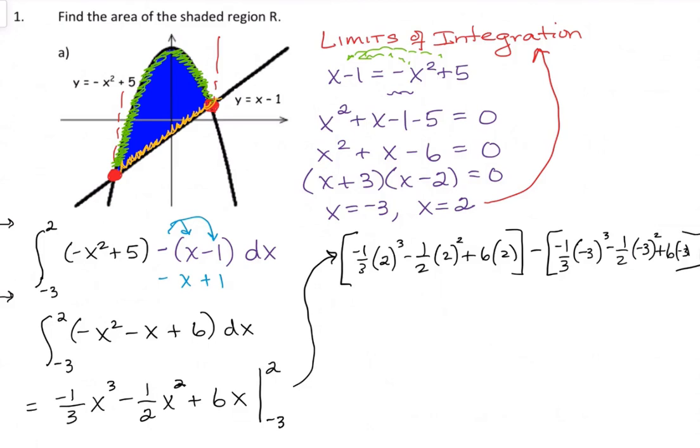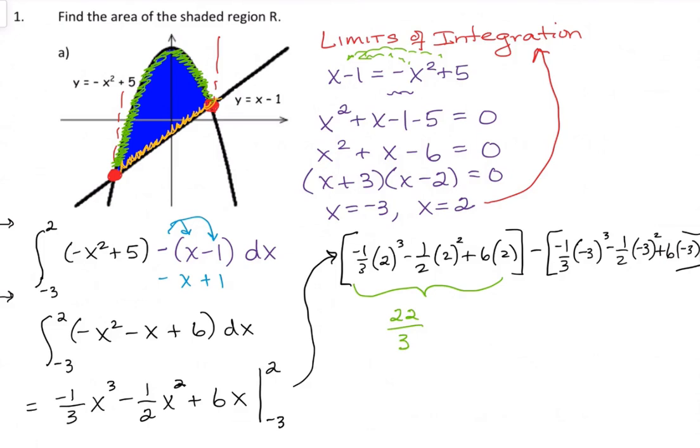And I'm running out of room. So now I want to do that evaluation. So that last term there looks a little ugly. Let me fix that a little bit so it's readable. So that should be a -3. Okay, so in the first set of brackets, I want to do all of this arithmetic, and you can just get on your calculator and plug all of that in. And when you do that, you get